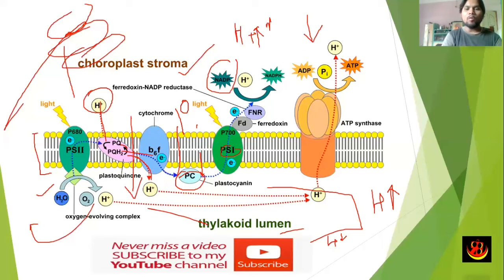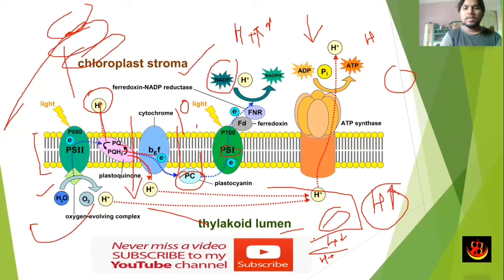Okay, now what happens: there is a difference in the proton ion concentration, right? And we know that proton ion concentration determines the acidic nature. So this part is becoming acidic. So here the electrochemical potential is becoming more. This is a high electrochemical potential because of H positive, and here it is a lower electrochemical potential because of the smaller proton ion concentration.